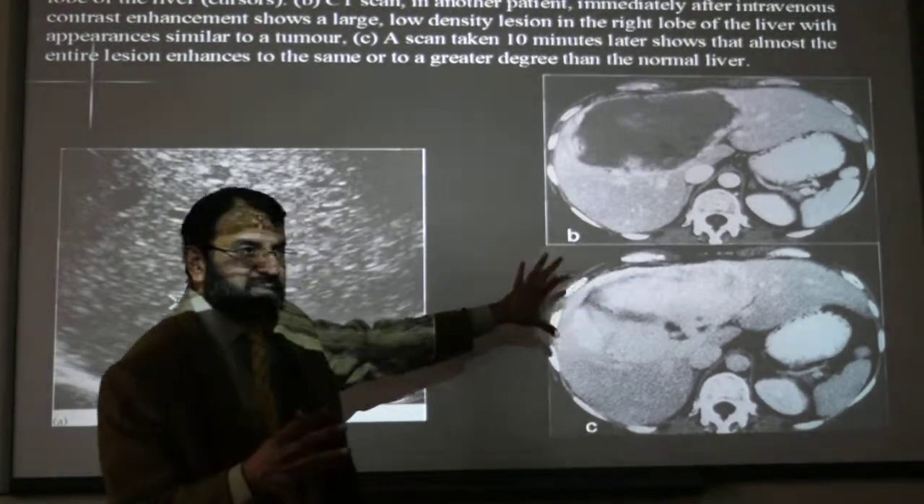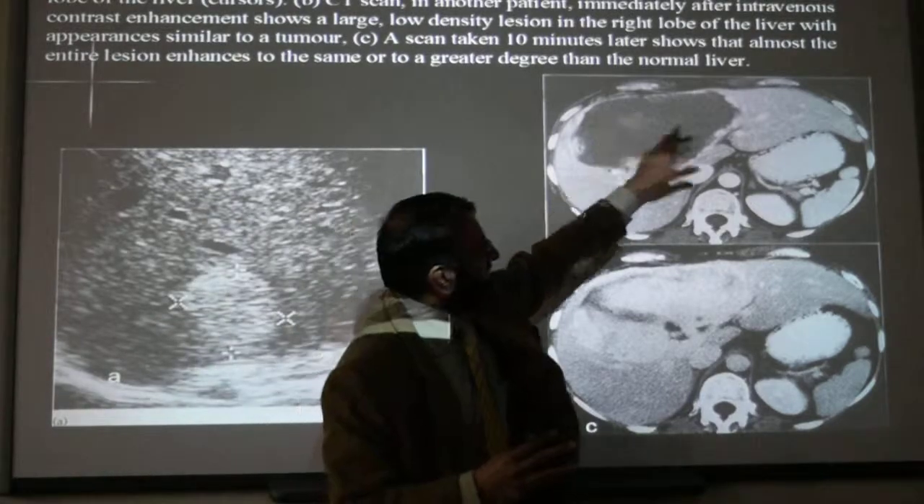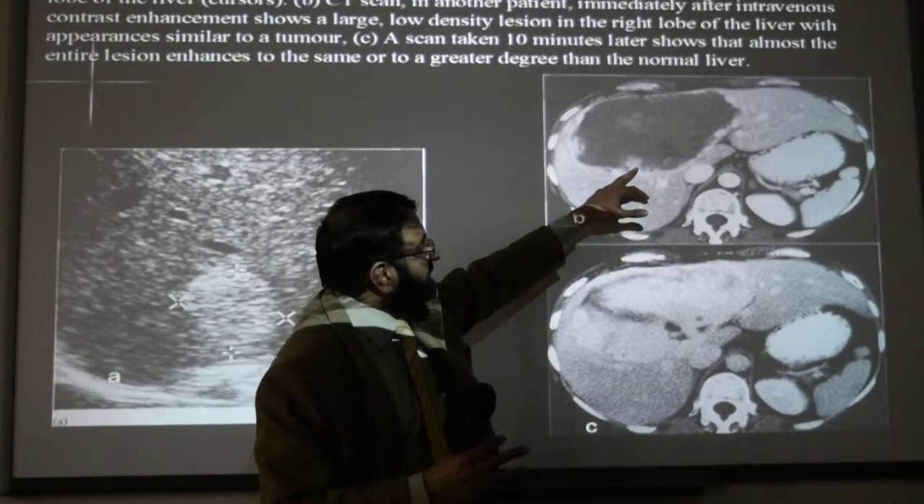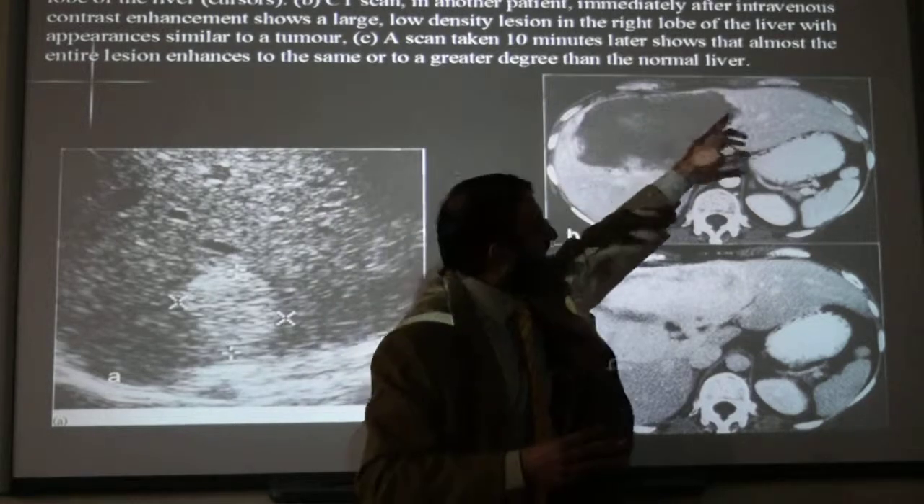If you do a CT scan on the patient with hemangioma, the lesion in the arterial phase, the early arterial phase, will start taking up contrast from the periphery. And if you do